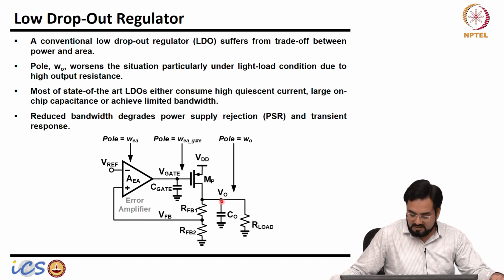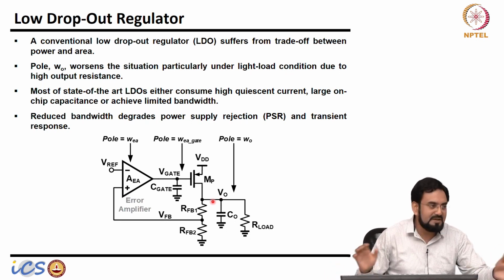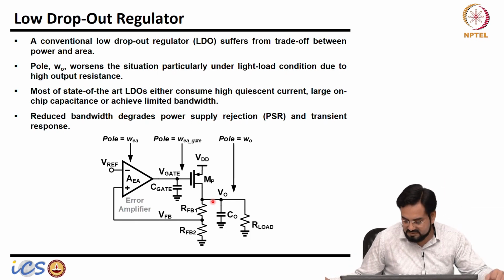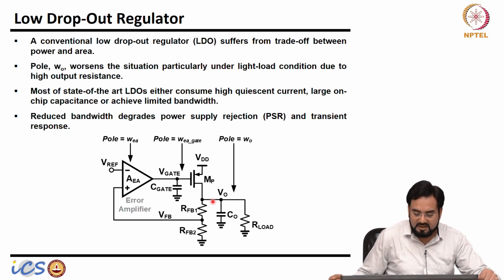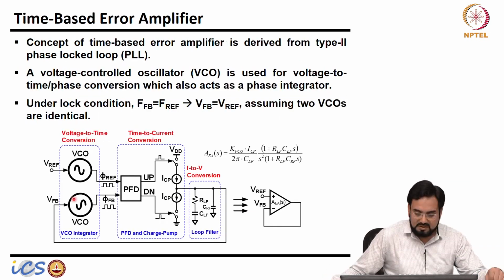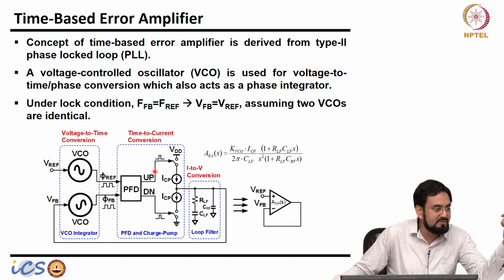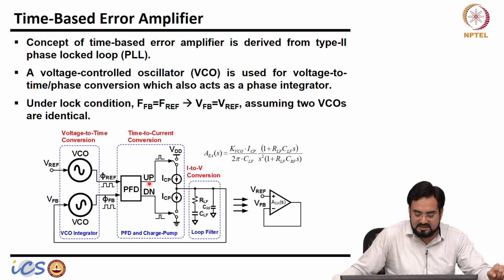Okay. So these are the issues: there is a trade-off between bandwidth, your PSRR, and your transient response, and obviously everything costs. If I want to improve the PSRR, I have to increase the bandwidth, and increasing the bandwidth means higher power consumption. So what we did, again the same concept, is use 2 VCOs which act as reference and feedback, and now I am using a PFD. In the previous case I was locking only frequency, now I am locking phase also, so I need a charge pump.